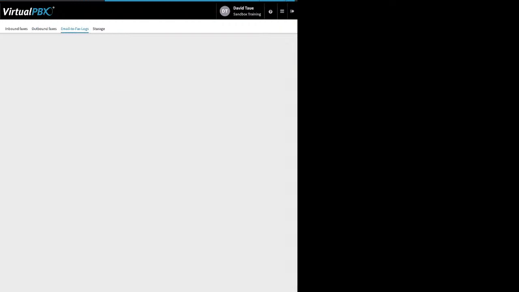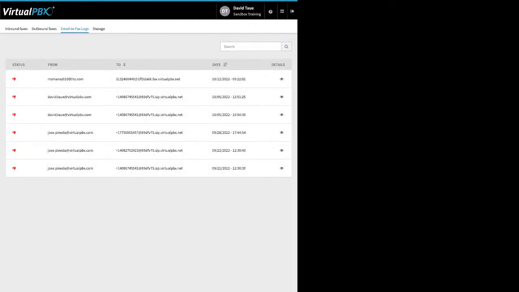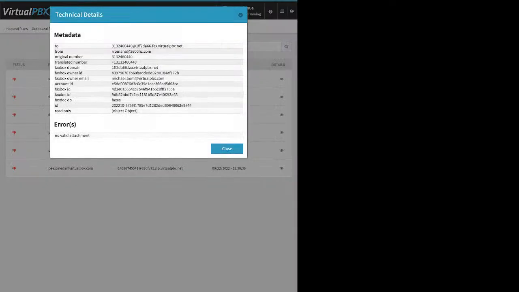Now, the email to fax logs, this shows where the system had a problem with the request. So we didn't even try dialing the number. So you see the email addresses involved. So you can say, oh, this might be from the wrong domain. You see the format of the email address that they sent to. You see the date, the time, little eyeball icon, you can click on that and you say, oh,